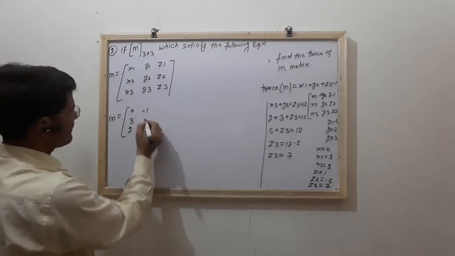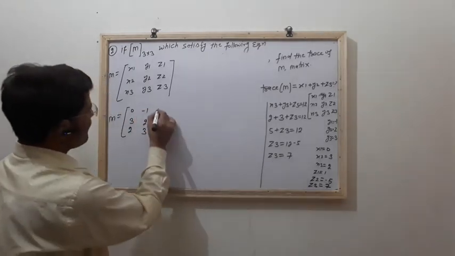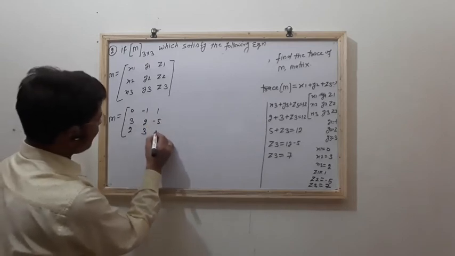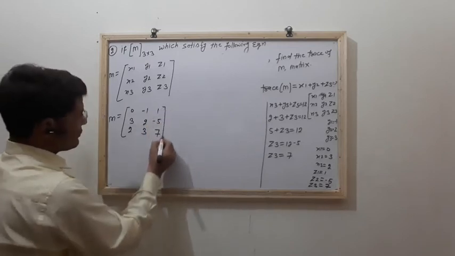Okay. Similarly, z1, z2, z3: 1, minus 5 and 7, so that